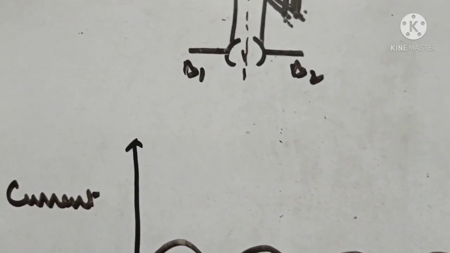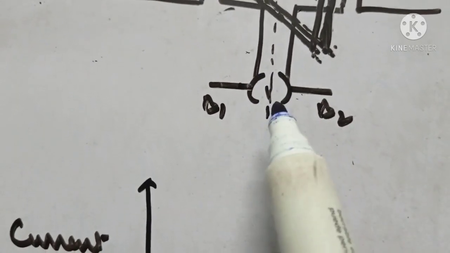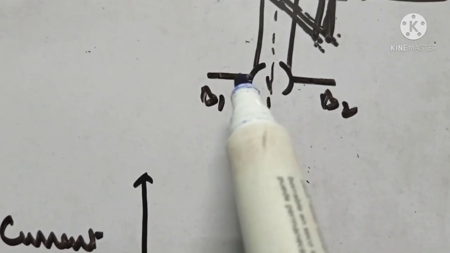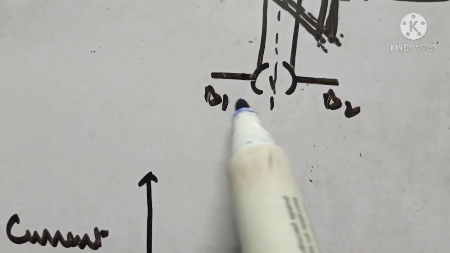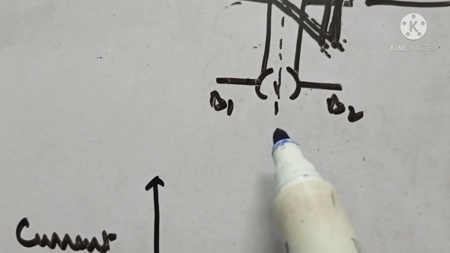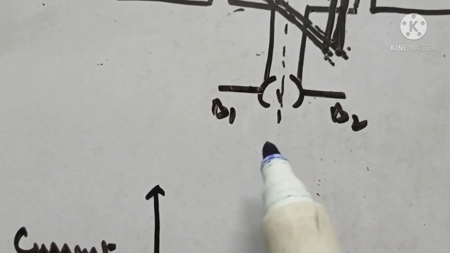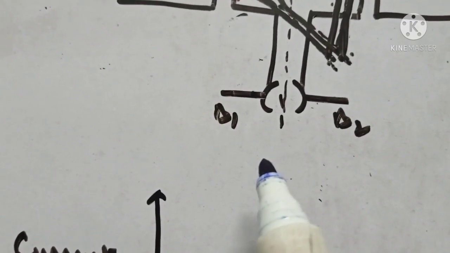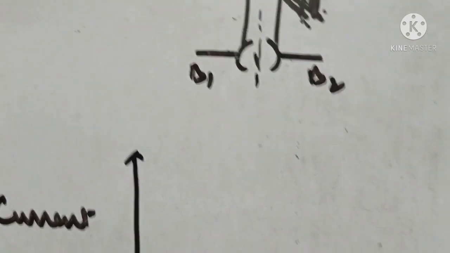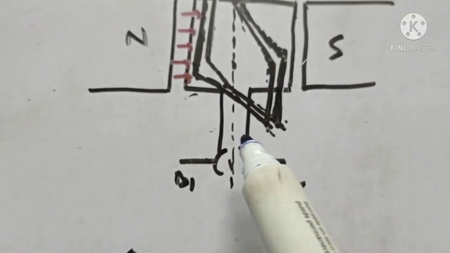What happens? The split ring, there is a gap in the split ring. As this gap comes in contact with the carbon brushes, the EMF becomes 0. So the flow of the current breaks for a fraction of a second, and the induced current again restarts. No doubt the shaft is rotating, but the direction of the current becomes unidirectional. So this is the function of the split ring.